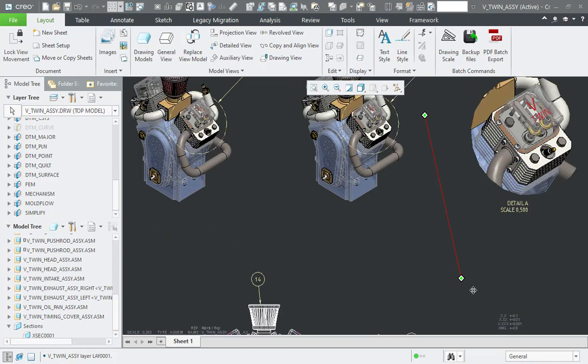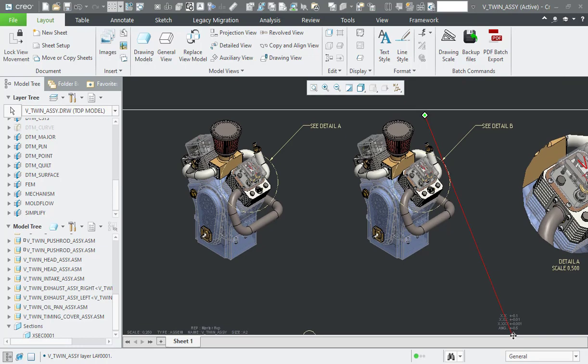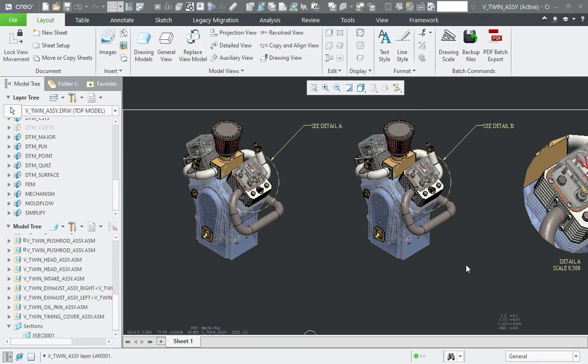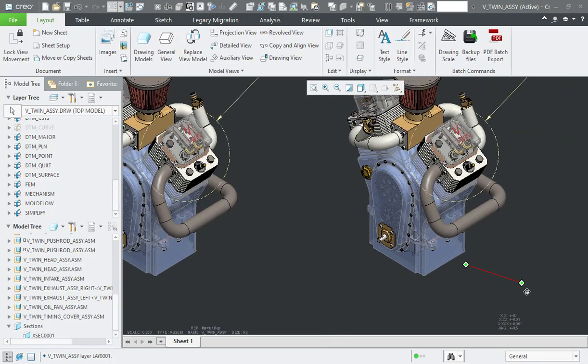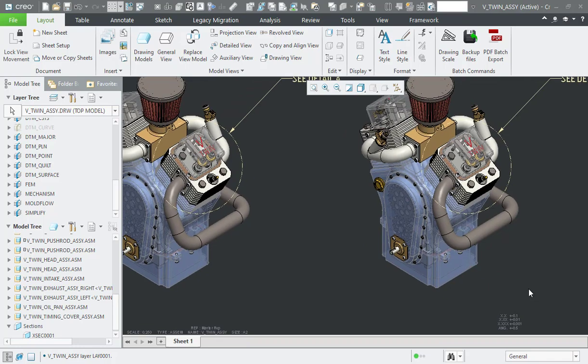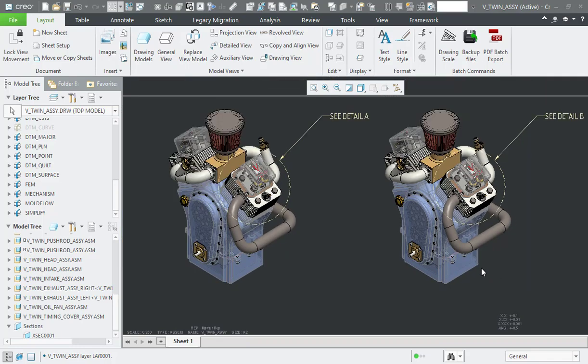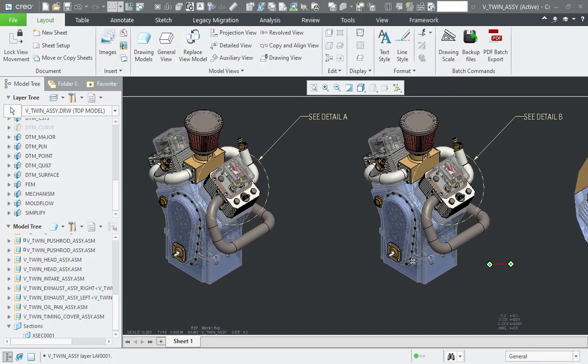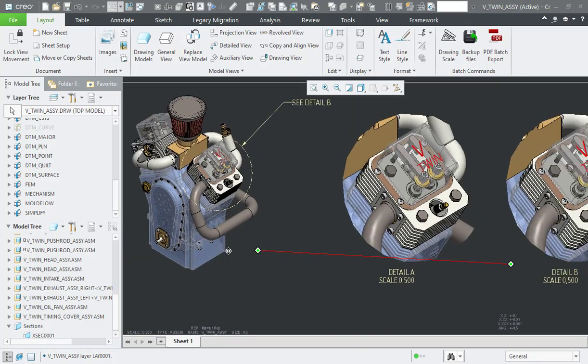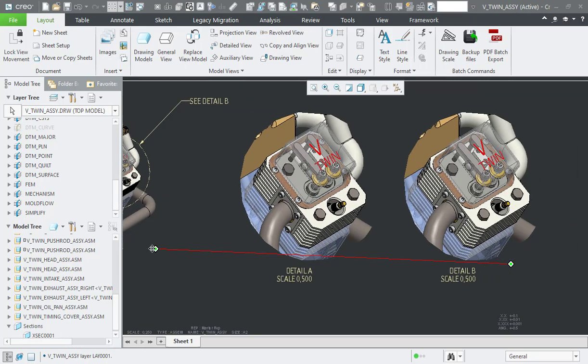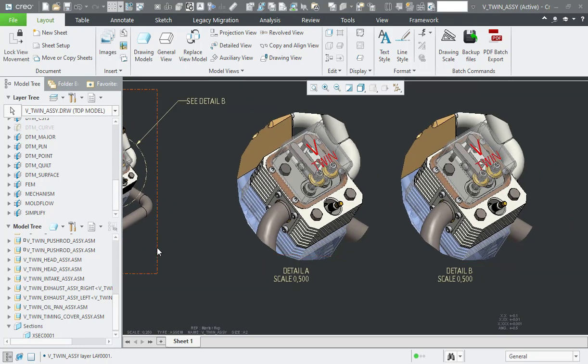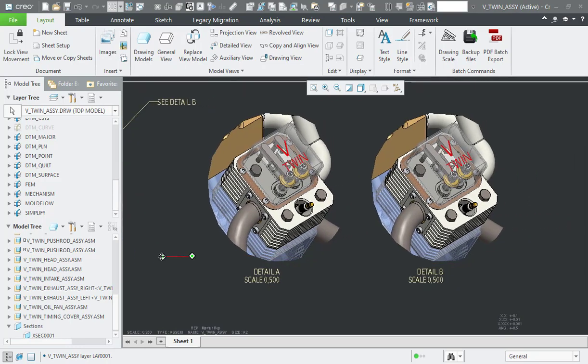Okay, next you will see the use of drawing layers that can help in showing or hiding cosmetic features without modifying the part or assembly. In these detailed views, I would show the marking in one view and hide in another by using drawing layer. For example, if you want to show the logo or marking in a particular view only, or you want to hide them in specific views, then you should use the drawing layer.